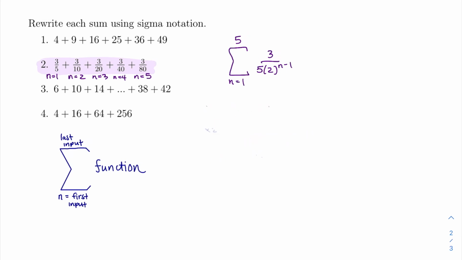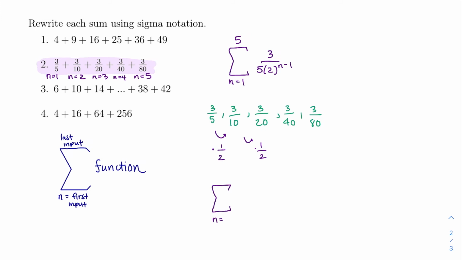Another way you could do this problem is I could look at it and see it as a geometric pattern, right? I could go 3/5 to 3/10 to 3/20, 3/40, 3/80, and see, okay, yes, the numerator is staying the same. So that means we're multiplying the numerator by 1, right? The numerator is being multiplied by 1, but the denominator is doubling. So I could think of my common ratio as 1/2 and then just write an entire function for this sequence, right? And say, okay,